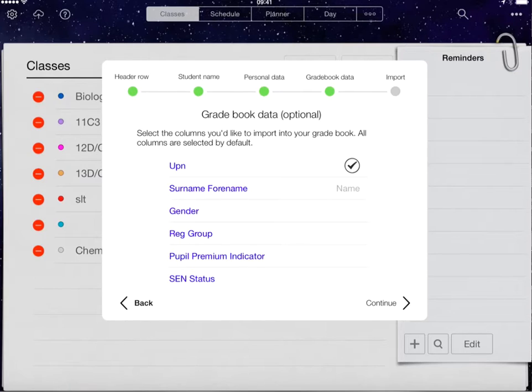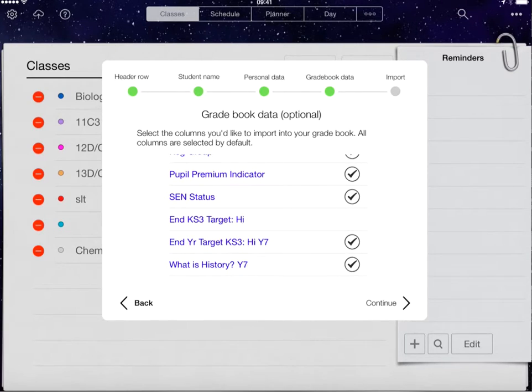This is a bit that you're most likely to be interested in. We've got the name. I'm not interested in their UPN number for my personal registers, so I'm going to take that off. I'll just tap on the tick, and that will disappear. But what I am interested in for my registers are the registration group, whether they're pupil premium, and their SEN status. I also would like their end of Key Stage 3 target,